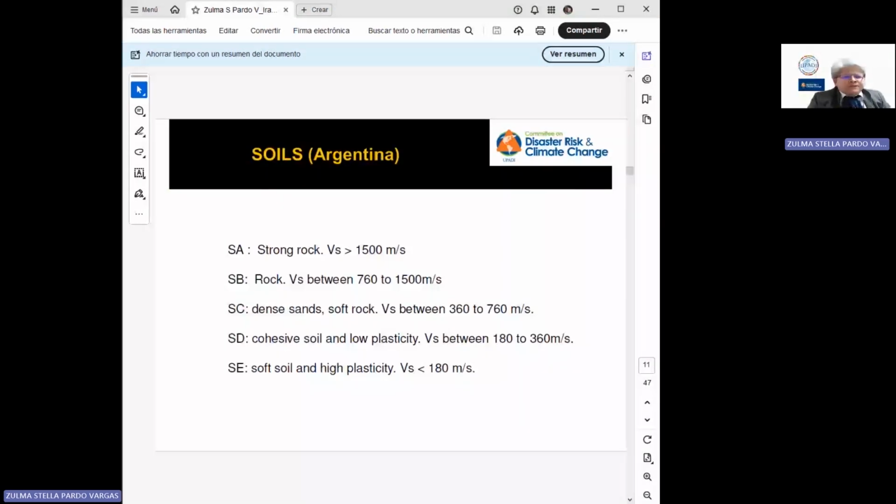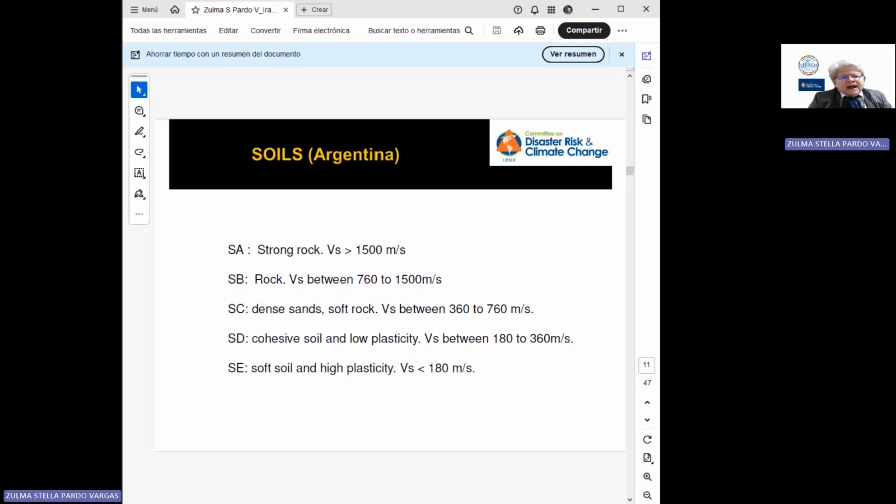Respecting the typology of soils of Argentina, they have 5 typologies of soils. The first corresponds to SA, strong rock, with wave velocity higher than 1,500 meters per second. The second typology, SB, rock, with velocity between 760 to 1,500 meters per second.